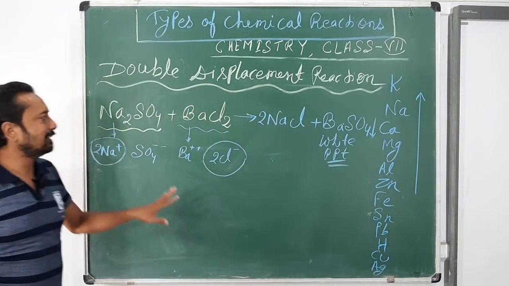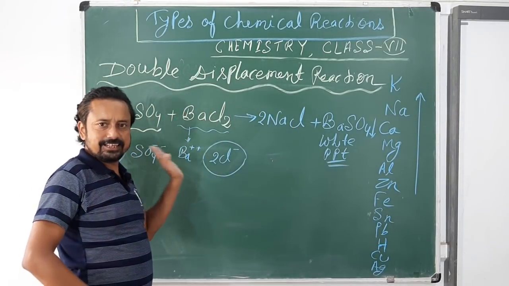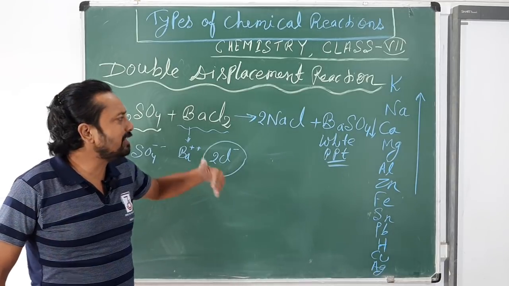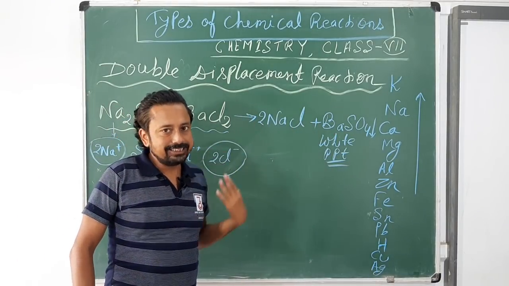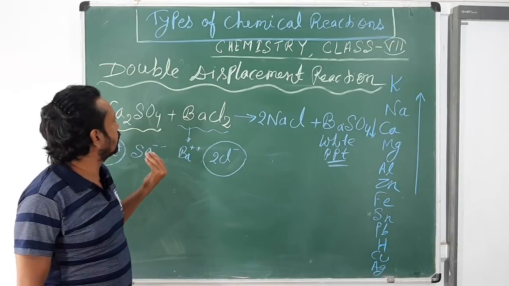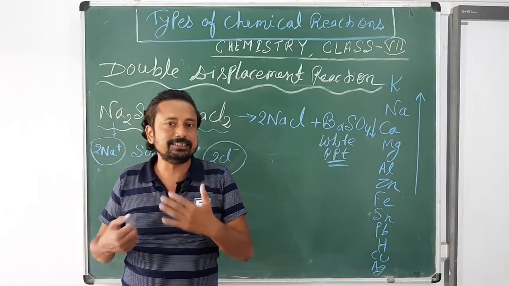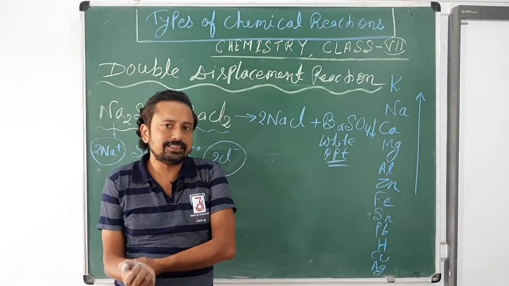So in this reaction, these two salts interchange their ions and form a more stable salt. So such reactions are called double displacement reactions, because in these reactions two salts just